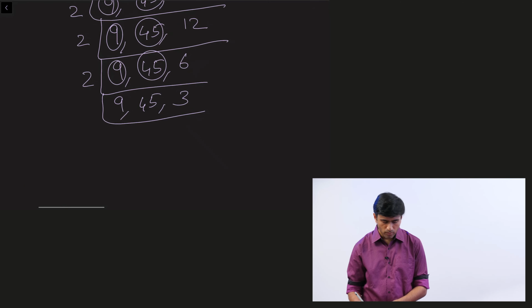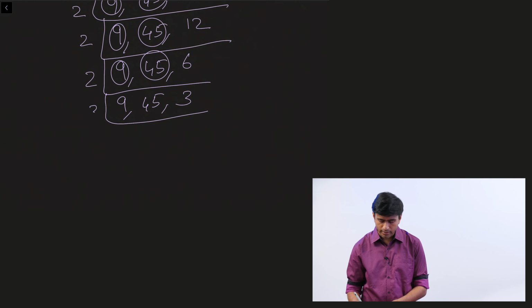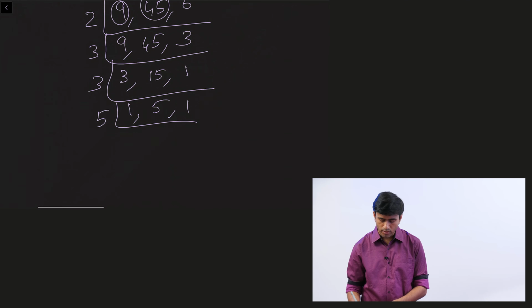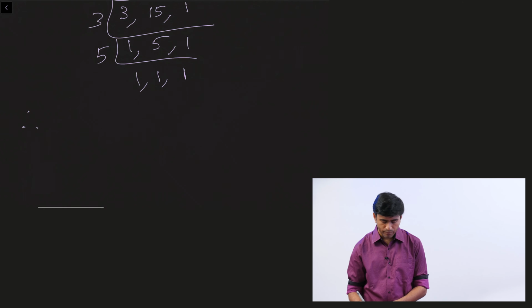Now we can do 3 is a common factor. 3 3s are 3, 15s, 3 1s, 3 1s, 3 5s, the last one is 5, 1s, 1s, 1. Therefore, LCM is,